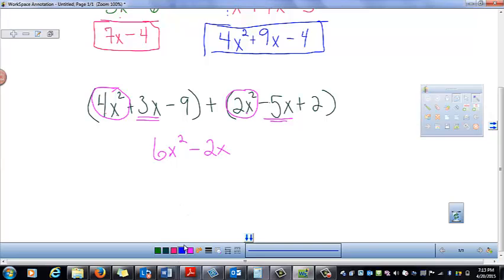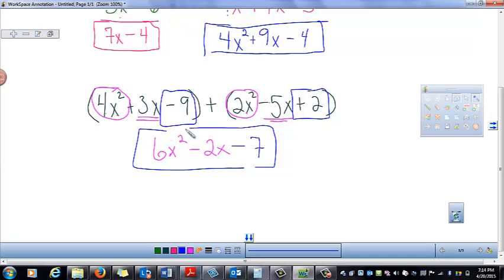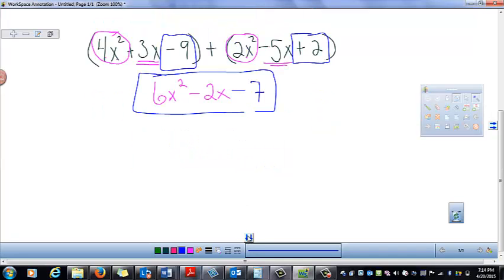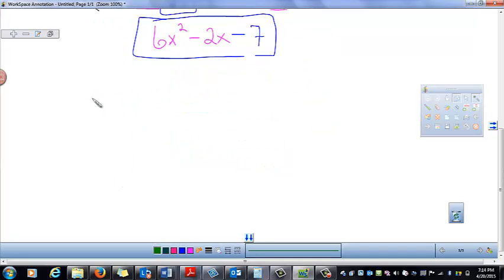And then what I have left is a minus 9 and a plus 2. So minus 9 and plus 2 gives me minus 7. And that's my answer because this one has a squared, this one has just an x, and this one is a constant all by itself. So that is my answer. Let's look at another one. Let's say we have